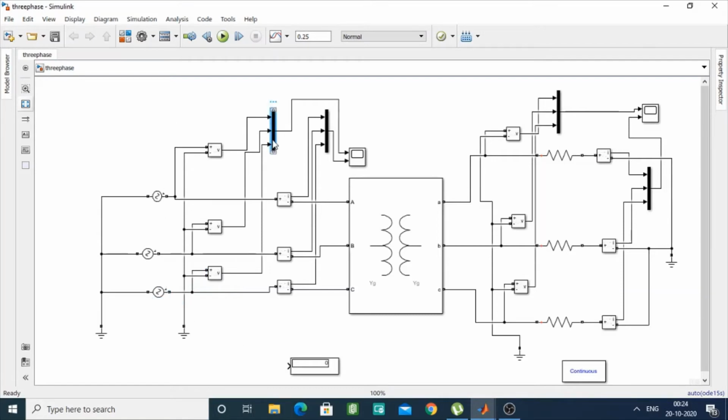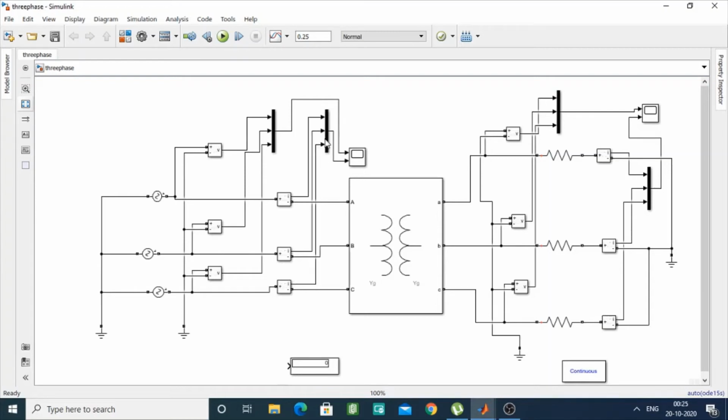Then we have what are called MUX. So basically, the MUX block combines its inputs into a single output. An input can be a scalar, vector, or matrix signal. Depending on its input, the output of a MUX block is a vector or a composite signal, that is, a signal containing both matrix and vector elements. If all of a matrix block's inputs are vectors or vector-like, the block's output is a vector.